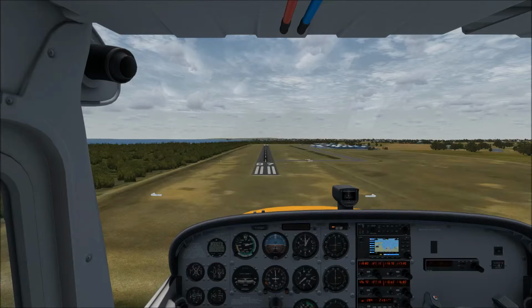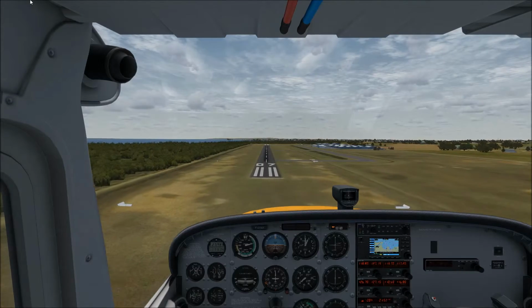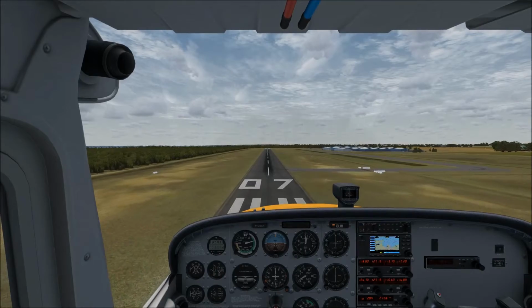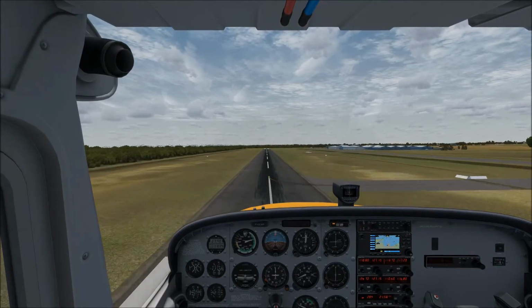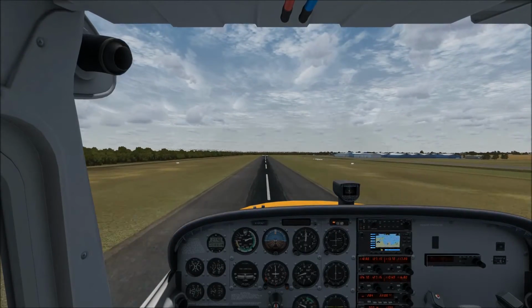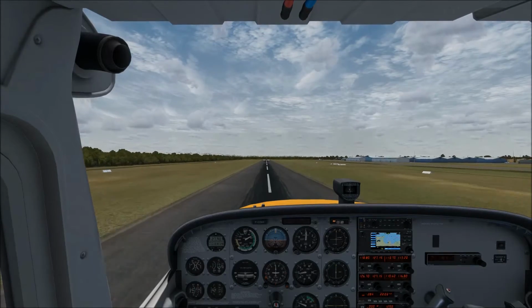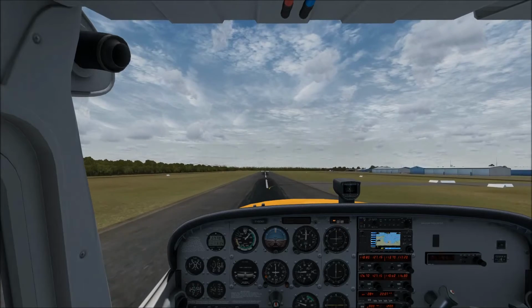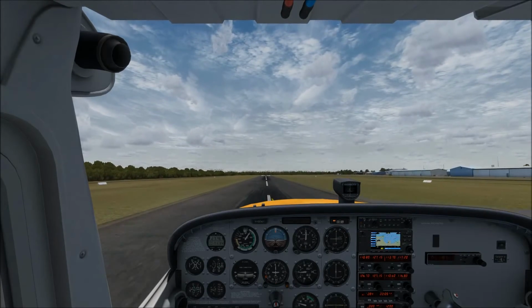What that does is that gives me the best perception of height, and that also gives me the best judgment of whether the aircraft is sinking too fast, it's going back up in the air, or if I'm just holding it level. So let's do that right now. So as I gently reduce power, fly to the aim point, now I round out, I change my eyes, look at the other end of the runway. Now I can see if the aircraft's sinking or ballooning, and I'm just holding it level, keep looking at the other end of the runway,